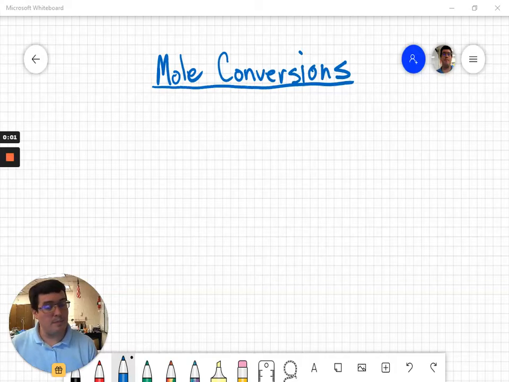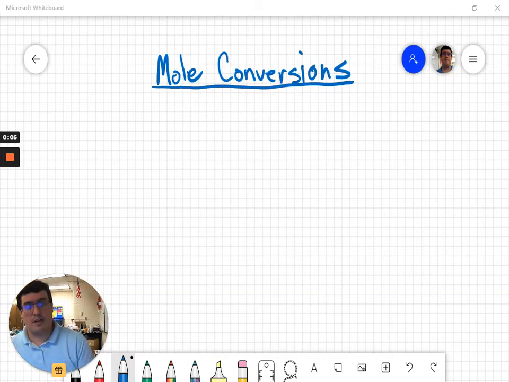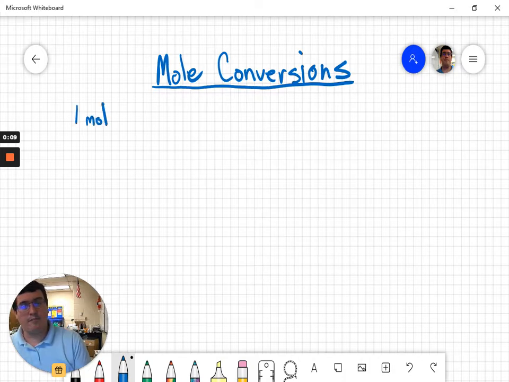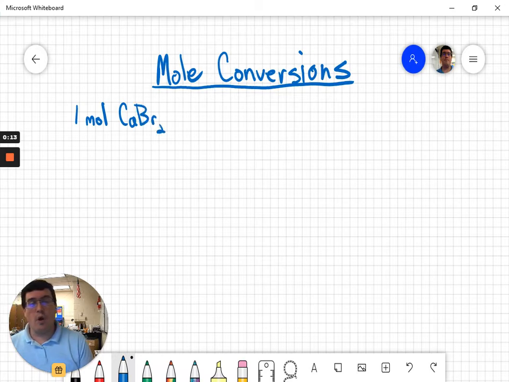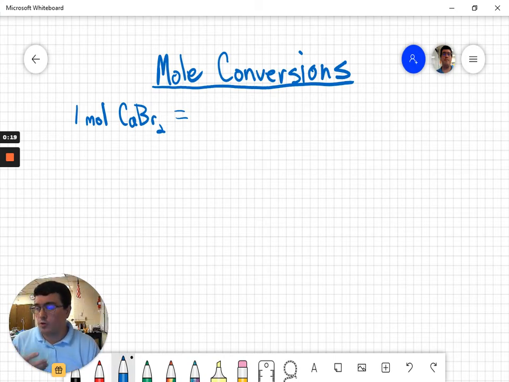Hi, we are going to talk today about how to do mole conversions. To do that, we need to remind ourselves about some substance. So, for example, if I have calcium bromide, CaBr2, 1 mole of that substance, because that's the definition of a mole, is equal to the molar mass of that thing, the formula mass of it, found from the periodic